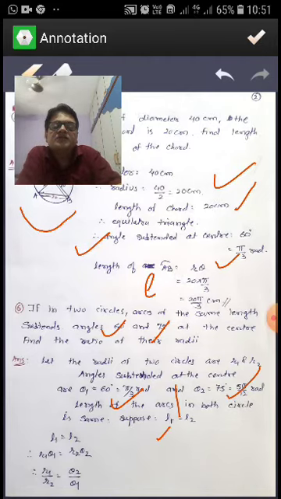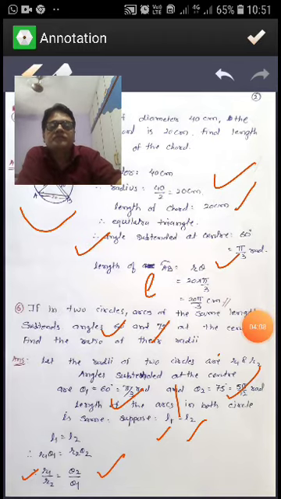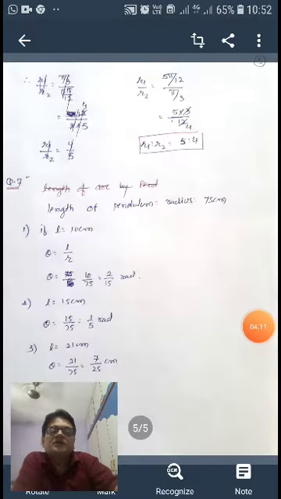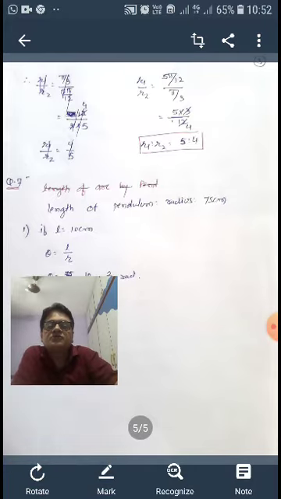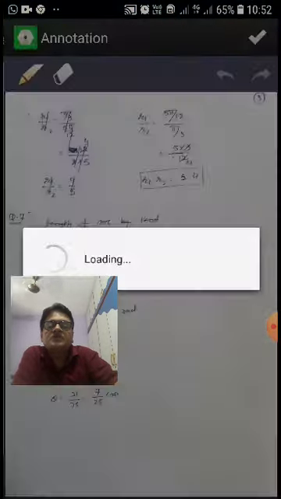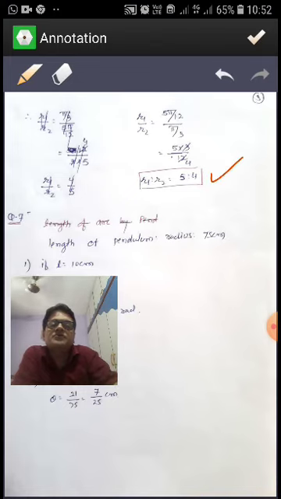Now we know that both arcs are same, so L1 is equals to L2. L means R theta, so L1 is equals to R1 theta 1 and L2 is equals to R2 theta 2. We want to find ratio of the radius, so R2 will go to the left side, so R1 upon R2 is equals to theta 2 upon theta 1. R1 upon R2 is equals to 5 pi by 12 upon pi by 3. Ratio means R1 is to R2. R1 is to R2 will give 5 is to 4.